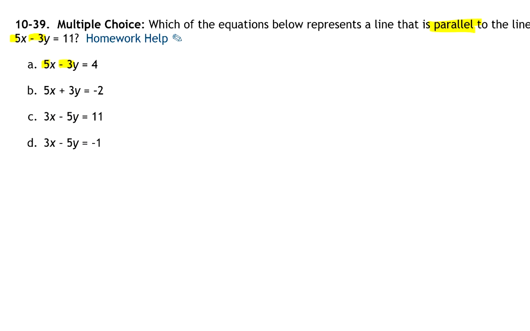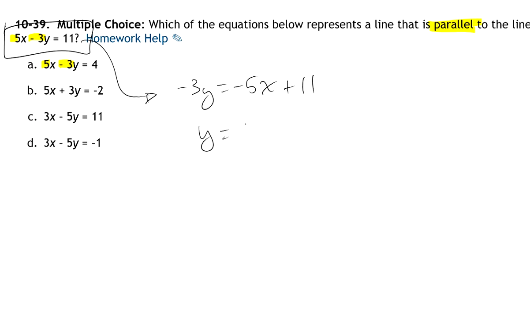Now that I'm pretty sure that that's the answer, let's go ahead and rewrite these in slope-intercept form. So that first equation becomes negative 3y equals negative 5x plus 11. So you can say I added 5x to both sides of this equation. And now I'm going to divide both sides by 3, so I get y is positive 5 thirds x. That's negative 5 divided by negative 3, and then minus 11 thirds. So you can see the slope I'm looking for is 5 thirds,